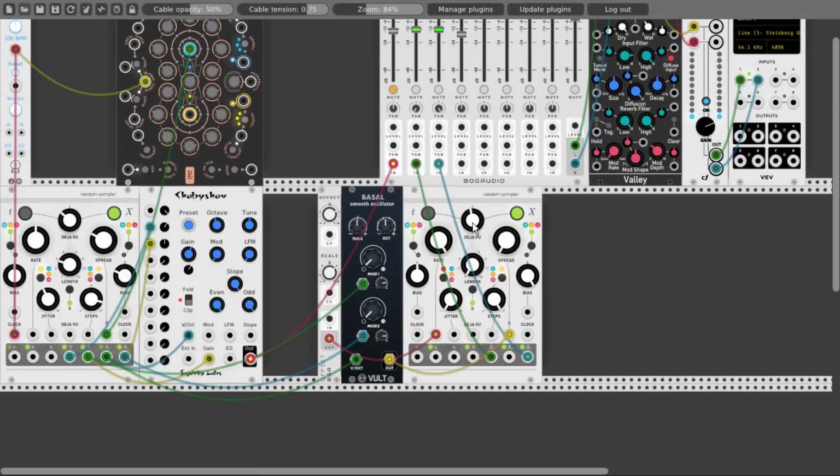Even more grit to the sound. Maybe some jitter also.